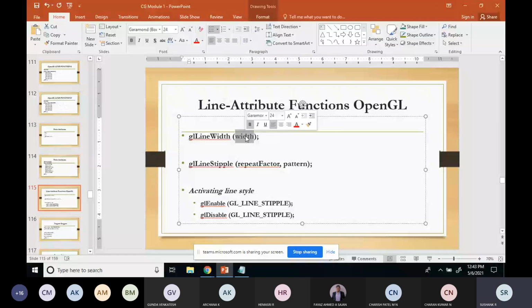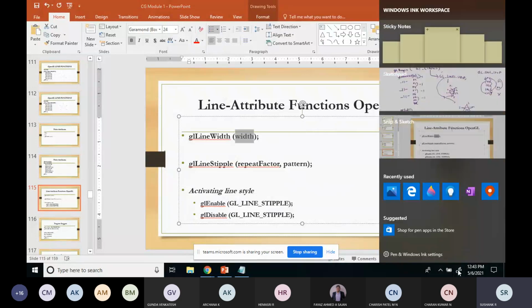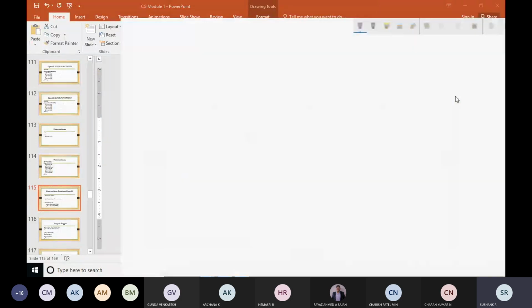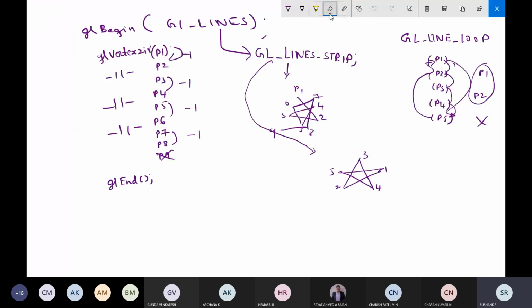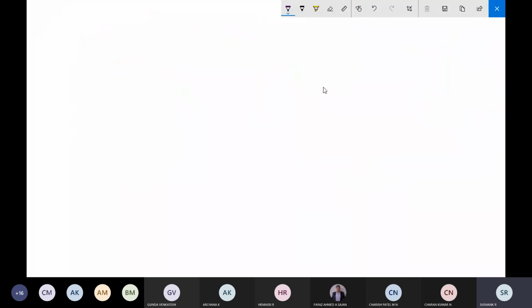After this, the line stipple. What do you mean by line stipple? Line stipple means deciding how the lines need to be displayed.